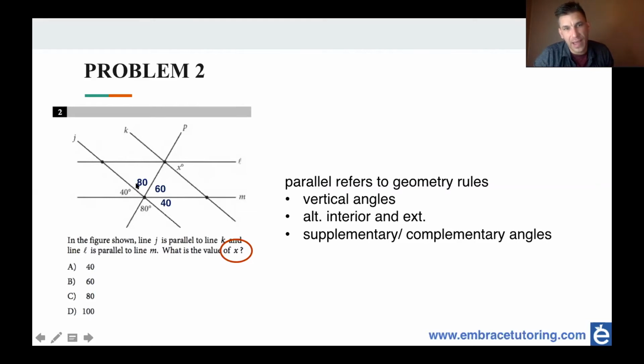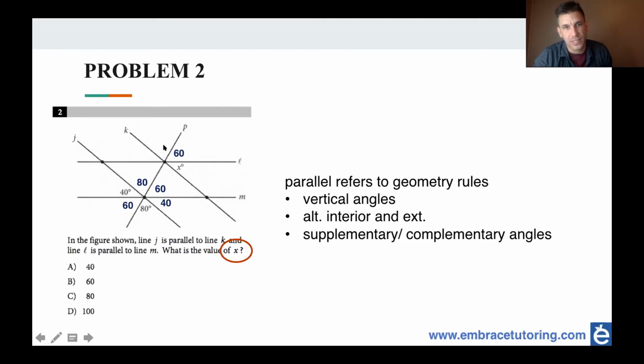And then now I have this line, and as you can tell, given the fact that these are parallel, this here is probably going to be 60, given my corresponding angles. This here, in terms of these being parallel lines and alternate interior and such. So I basically can do the whole thing again, and I can figure this out. This is 60 for